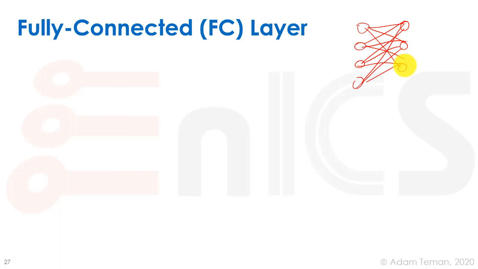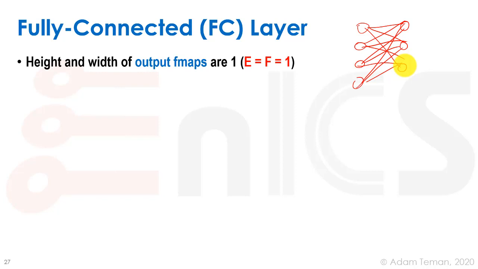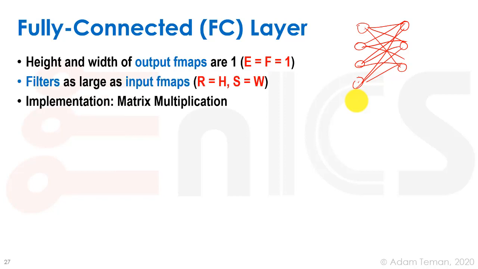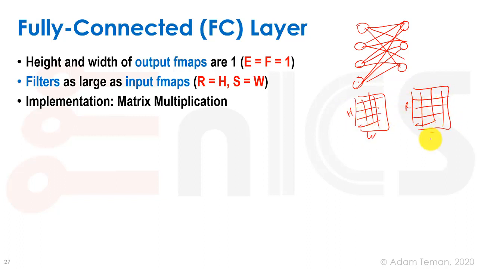It's actually just a certain type of convolutional layer where basically when we do this, we're doing a big dot product where the whole convolutional layer is going to give us a single output. So if we have a bunch of inputs and a bunch of outputs, the output feature maps are just going to be the size of 1, and the filters are going to be as large as the input maps. So basically we have our input, and we have our filter, and they're going to be exactly the same size. So H and W are going to be the same as R and S, and then we're going to dot product each one of these by each one of these, sum it all,